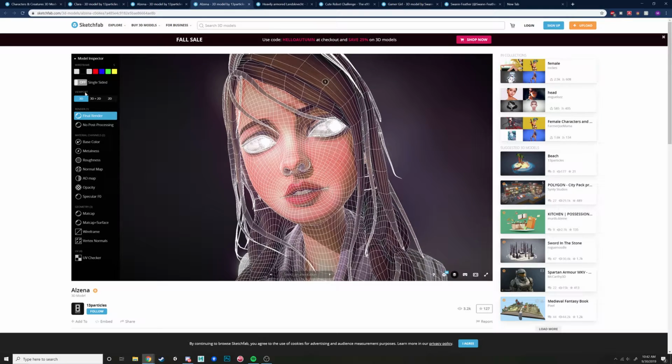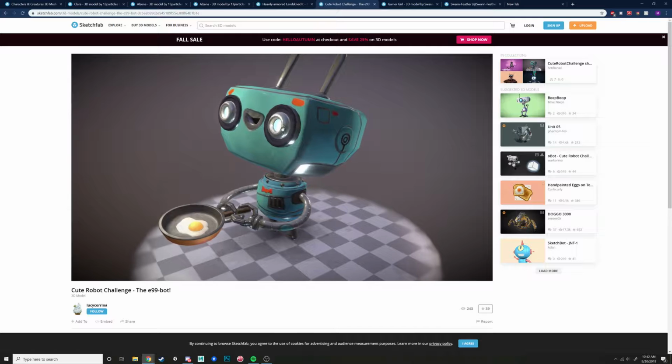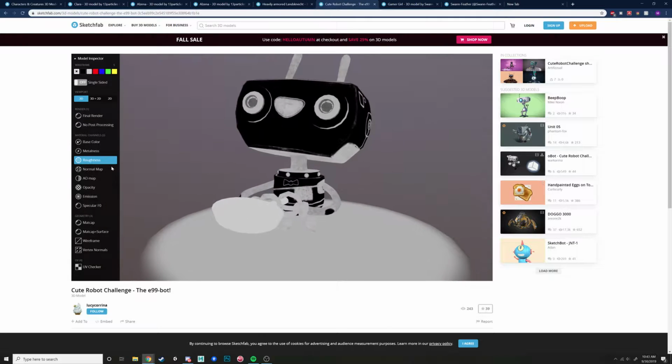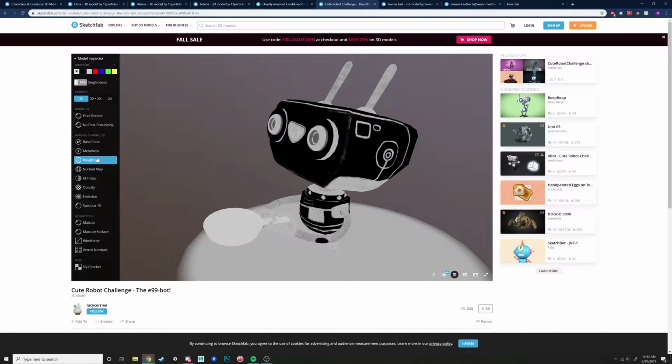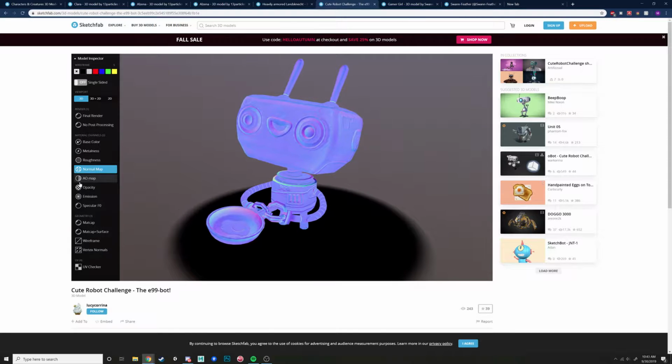So yeah, I just wanted you guys to have a few examples of like different characters. Like this guy's a little robot guy, nice little robot, and you can go into his different textures. Like this is the roughness, this is how much the material reflects, this is how metallic that material is. Notice the eggs aren't made of metal, so they're more black. Normal map, it has that weird lighting information that we won't be able to cover, unfortunately, even though it is